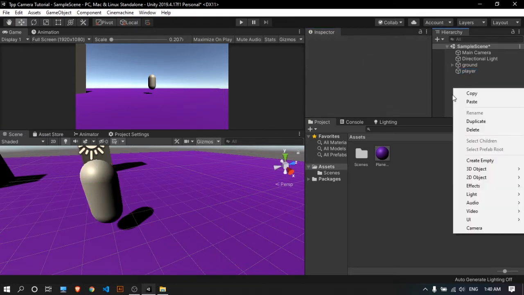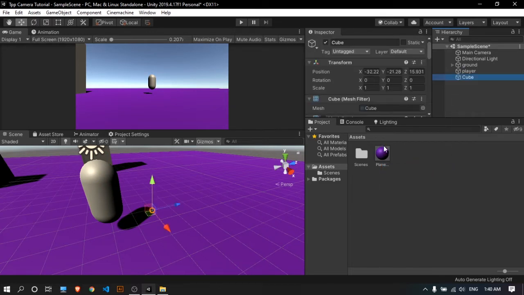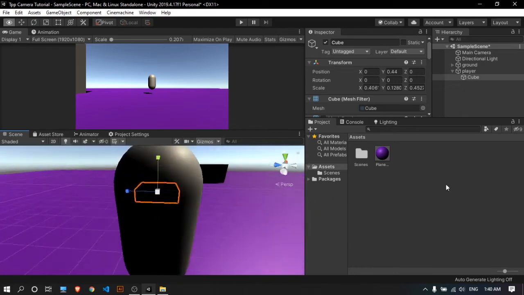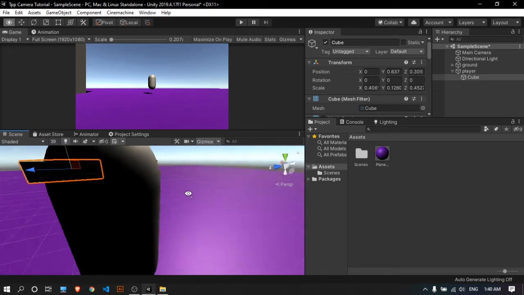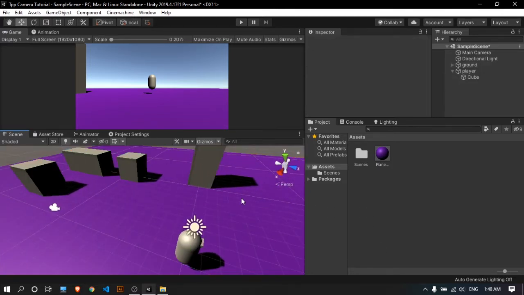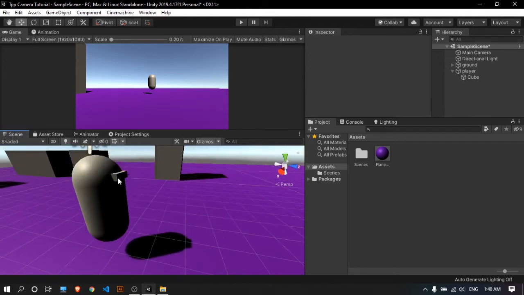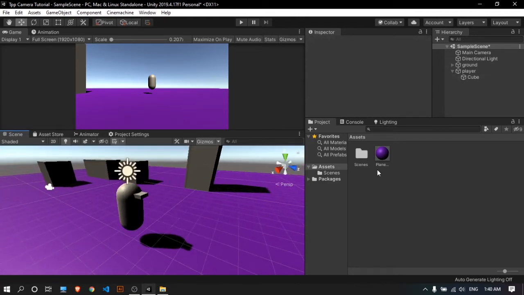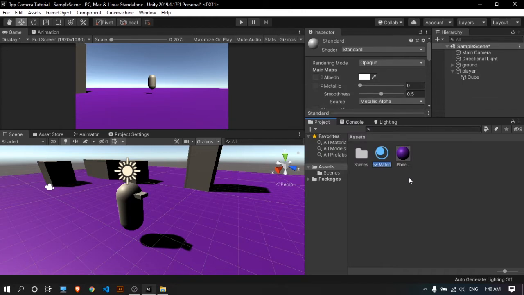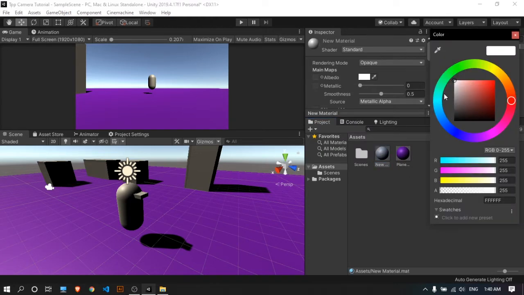So what we can do is create a 3D game object, a cube. We're going to reset its position, and we can make it a child of the player, and this cube should actually be somewhere around here, and also be scaled down. So now as you can see, we have a face for our player which can tell us which way our player is looking. Okay, if you want to give your player a color, what you can do is again create a material. I'm just going to create a material for some objects here.